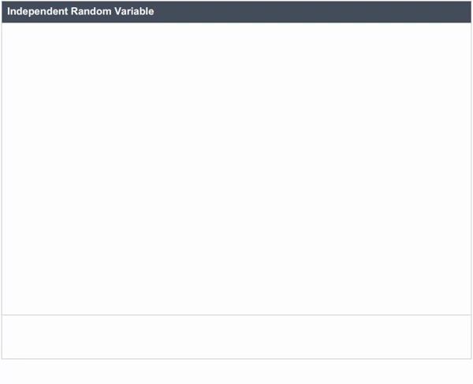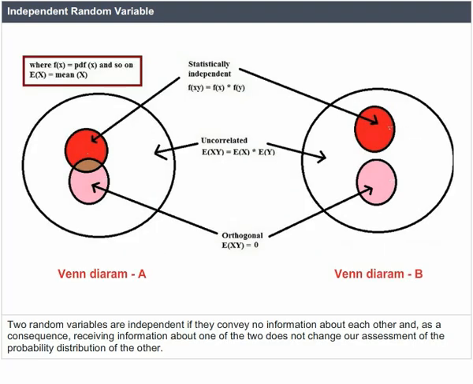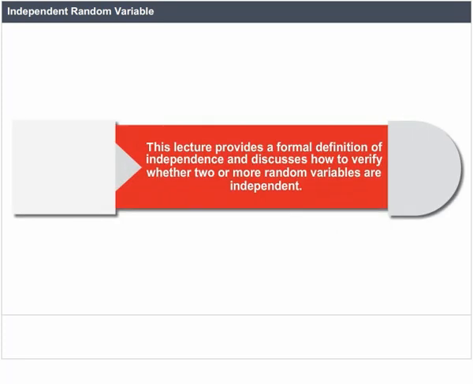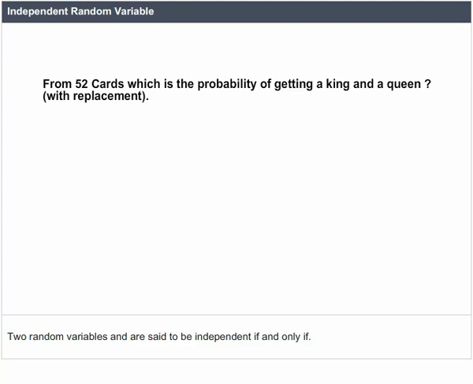Independent random variable. Two random variables are independent if they convey no information about each other, and as a consequence receiving information about one of the two does not change our assessment of the probability distribution of the other. This lecture provides a formal definition of independence and discusses how to verify whether two or more random variables are independent. Two random variables X and Y are said to be independent if and only if